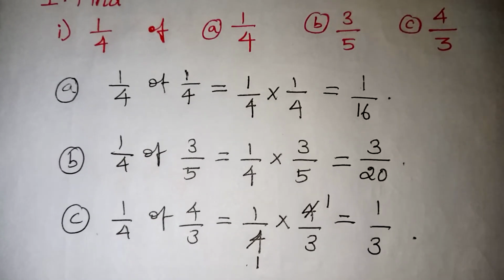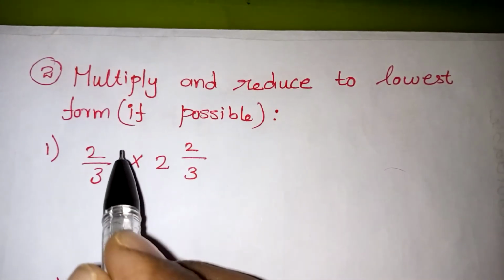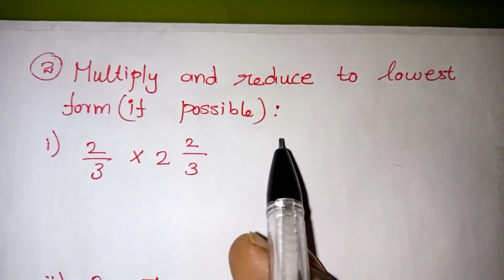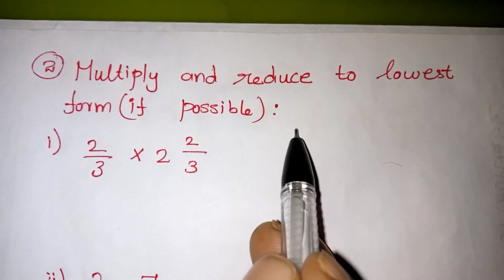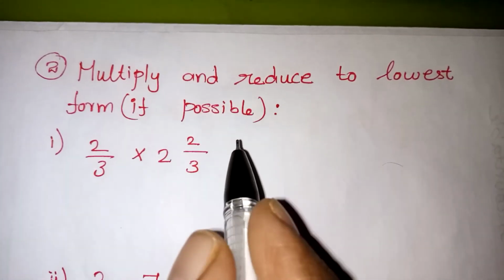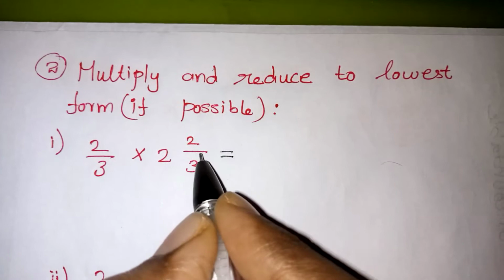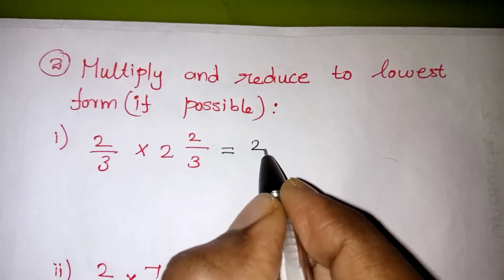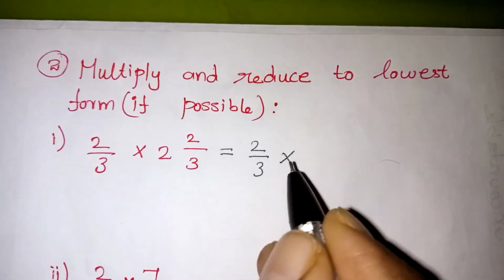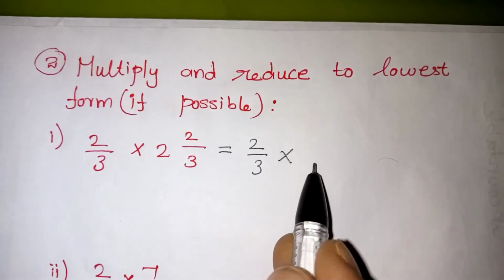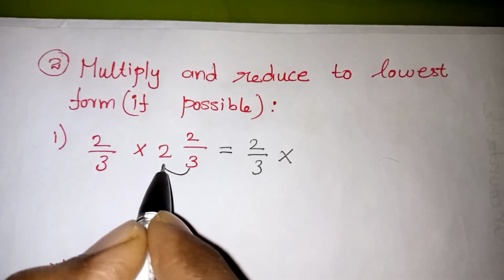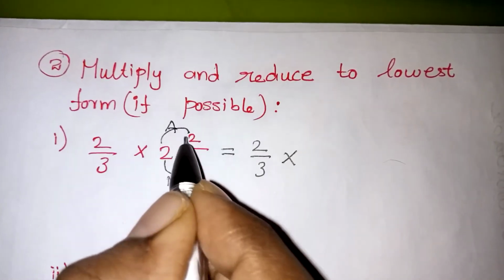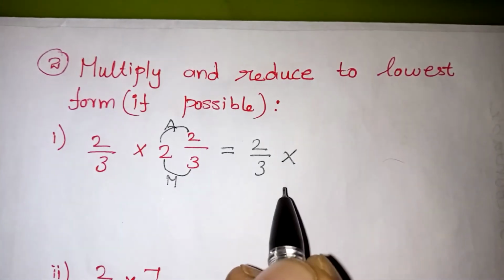So we'll go on to the next problem now. Second part, multiply and reduce to the lowest form if possible. First we need to multiply, then we have to reduce. If any common tables are there, then we have to cancel. That is the meaning of the lowest form. So before going for multiplication, the mixed fraction should be changed into an improper fraction. So the first number is normally given, 2 by 3, take as it is. Multiplied by, this one is a mixed fraction, we have to make it into an improper fraction. How to make it: these two numbers should be multiplied. After multiplying, that answer should be added with this number. Then again 3 should be given as the denominator.